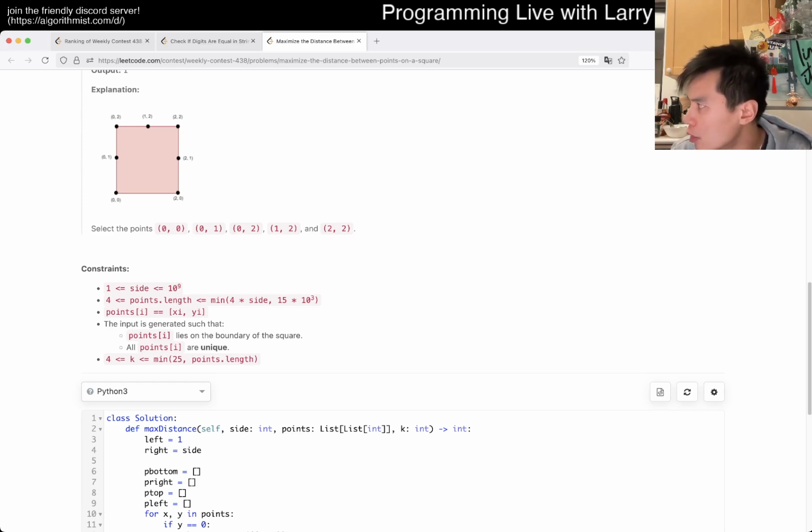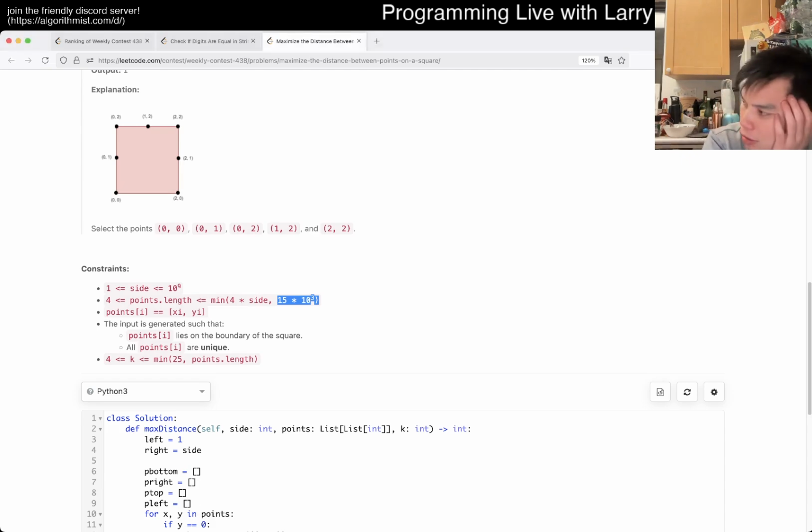So target, so that means at most, I'm just doing calculator, 1500 times. Okay, so given a target, pigeonhole means the first target points, but